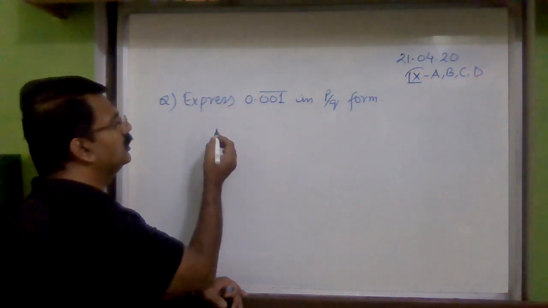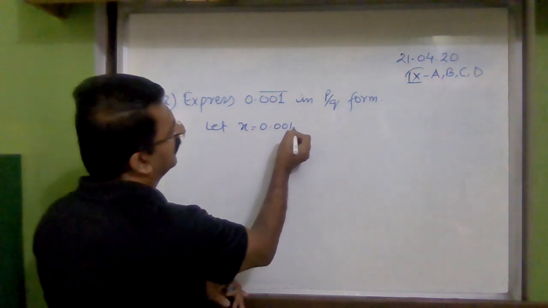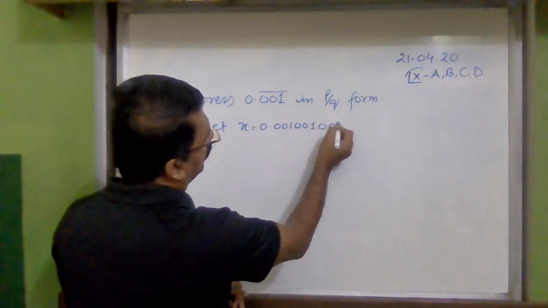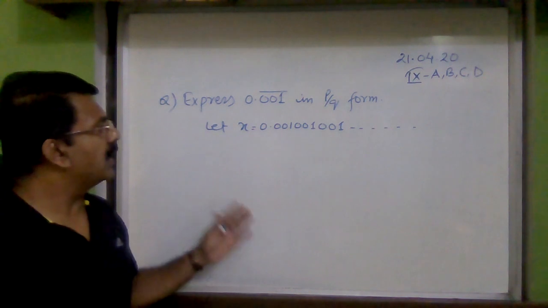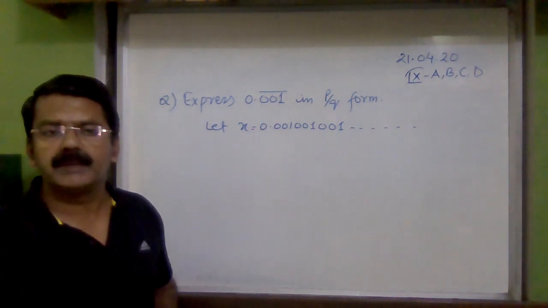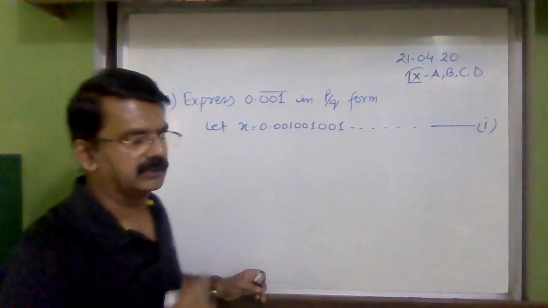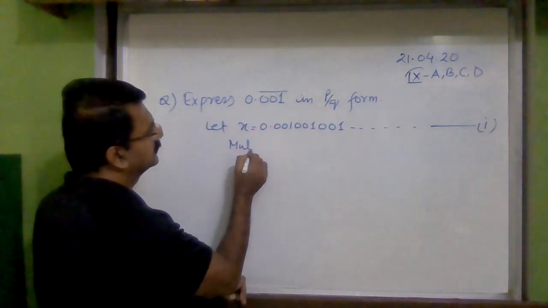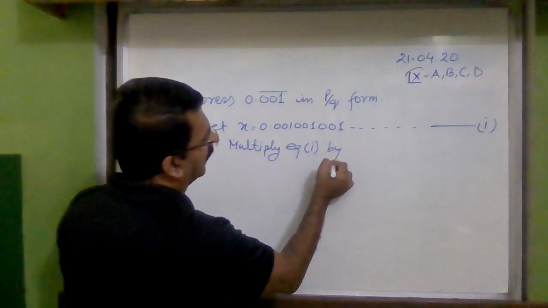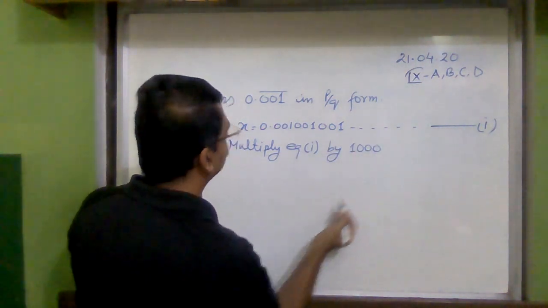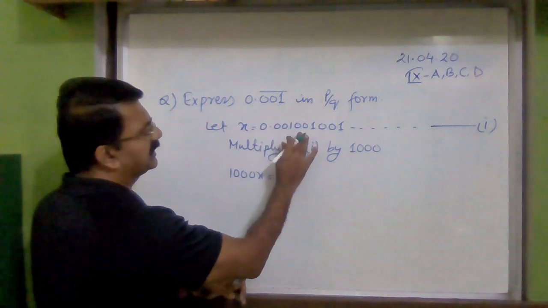Now, as I have already told you, let x is equal to 0.001, then 001, then 001, and so on, because these three digits are repeated again and again. Now, as three digits are being repeated, we will multiply this whole equation 1 by 1000. Then we'll have 1000x is equal to, the decimal will be shifted 3 places towards